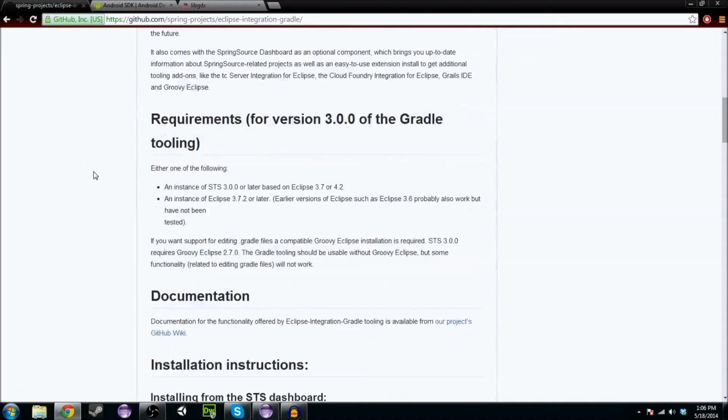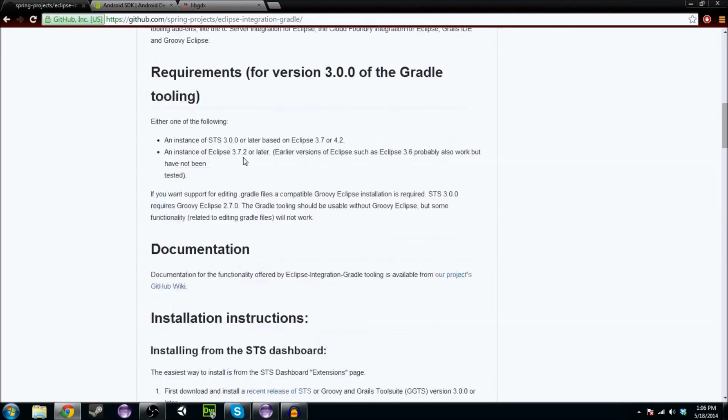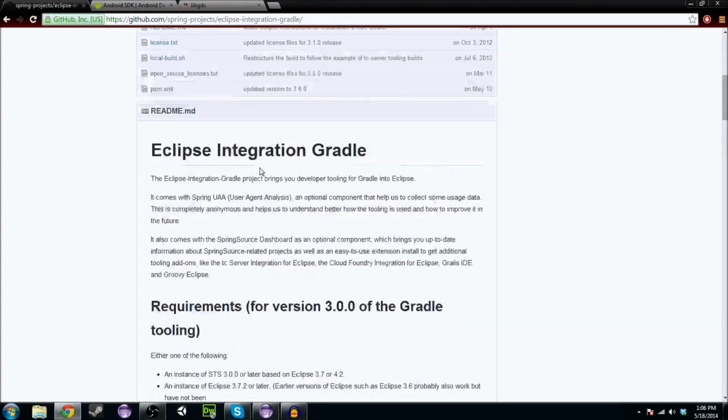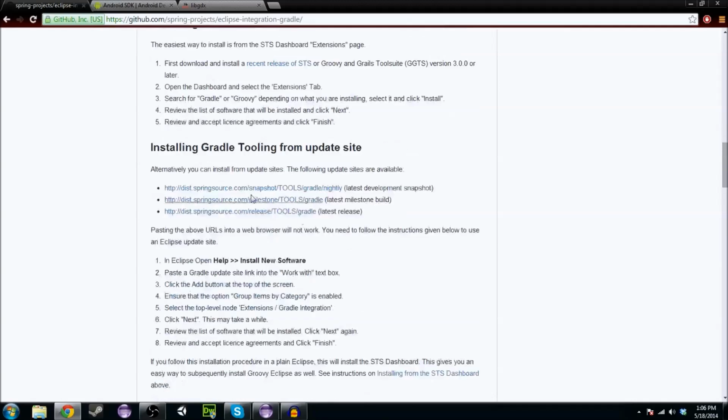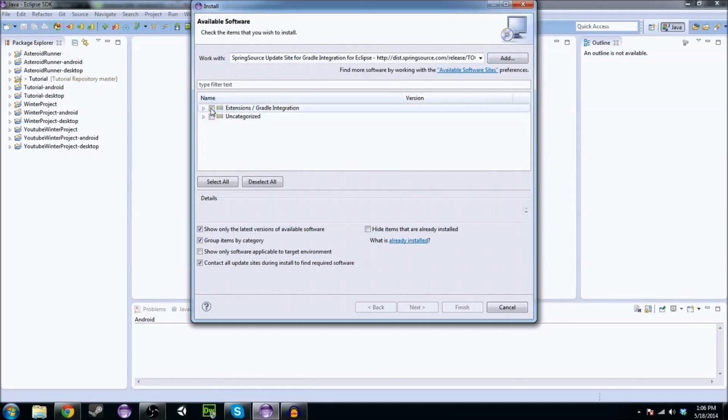And it should be the first one that comes up. So you go here, and you go to the installation instructions for Eclipse, which should be somewhere around here. Eclipse integration Gradle, that's us. So you're going to go to here, and it's going to say install Gradle tooling from update website. And it gives you the development snapshot, the latest milestone build, and the latest release. Now, to be safe, we're going to do the latest release because that's just standard, and I know it'll work. So you're going to copy and paste that into this location,